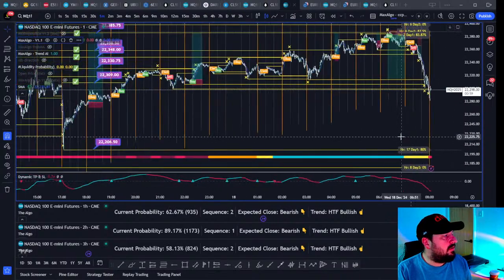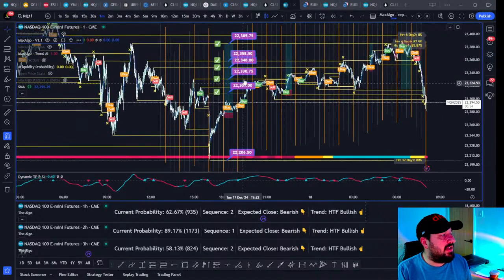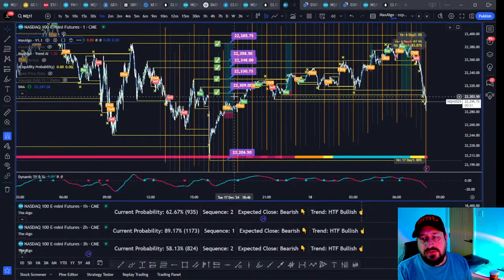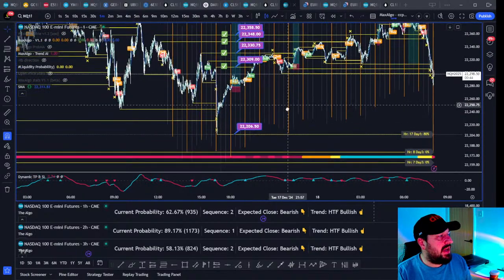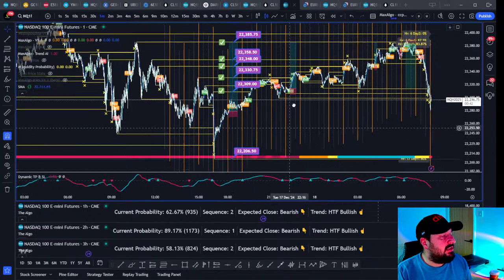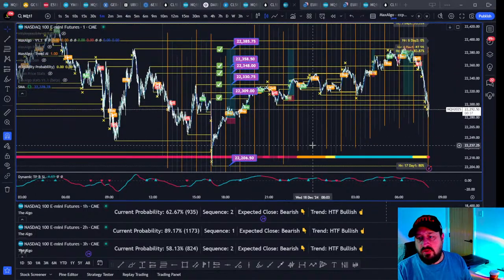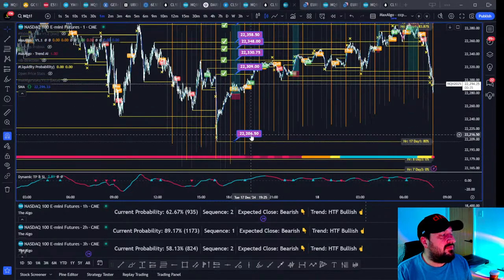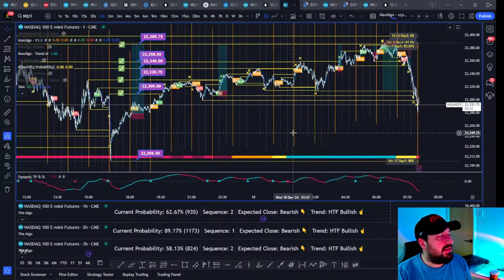Okay, NQ. See if we can tap this last level from yesterday. So these were the levels I posted last night, right? When we started the new day, these were the highest probability levels that we had, all the way up to here. And then this was the last one. Now we have to go bullish or bearish, so a lot of the time the very top or the very bottom might get left, right? It's much more like the internal liquidity gets taken, and then we pick a direction.